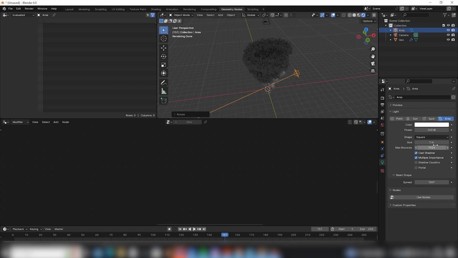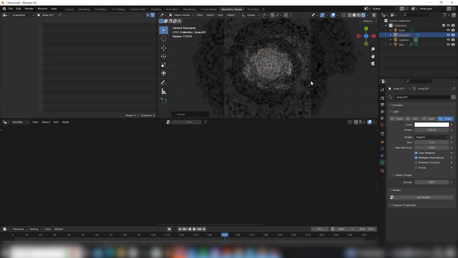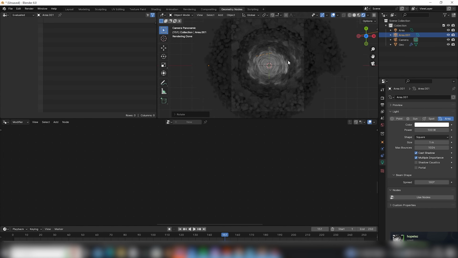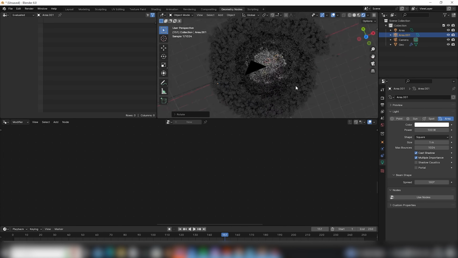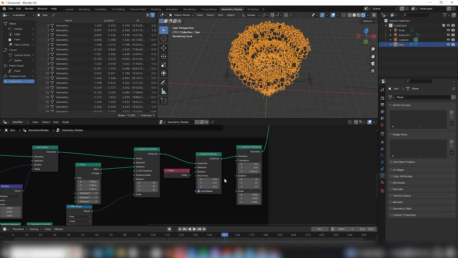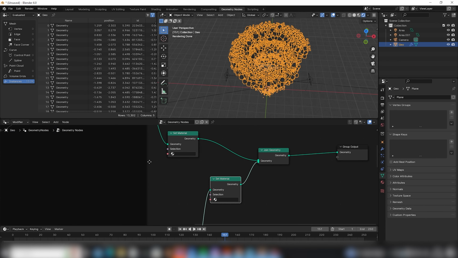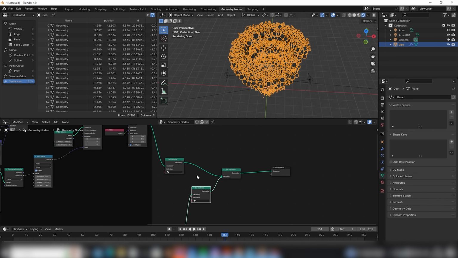Amp up the power to be 100 and just rotate them like this. I mean, yeah, this is the point where you can do your own thing. I will make a really basic material for the versions as well. So we are back in the geometry nodes setup, and I just put 2 set material nodes at the end